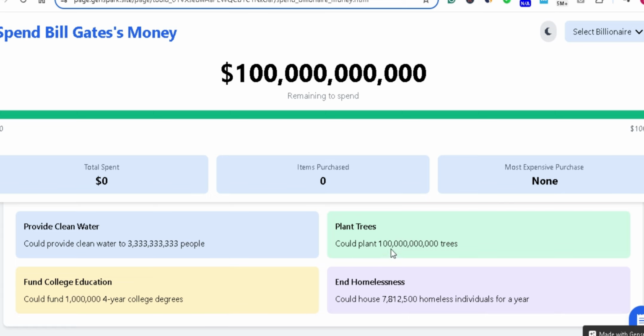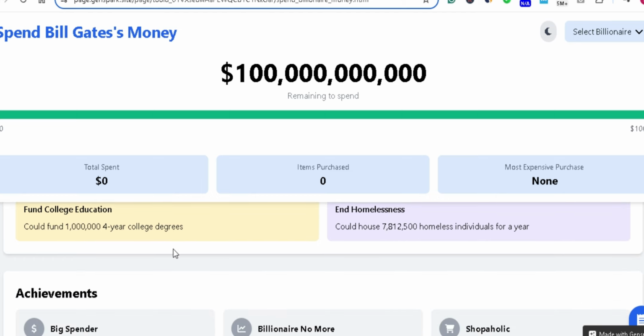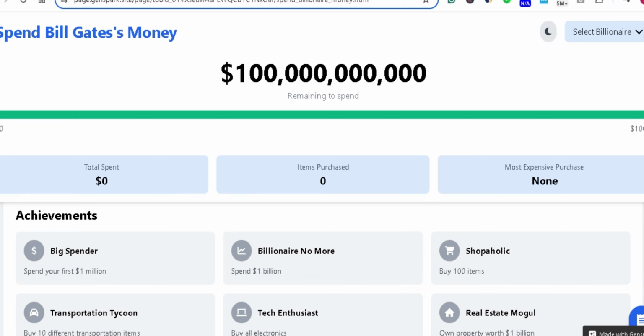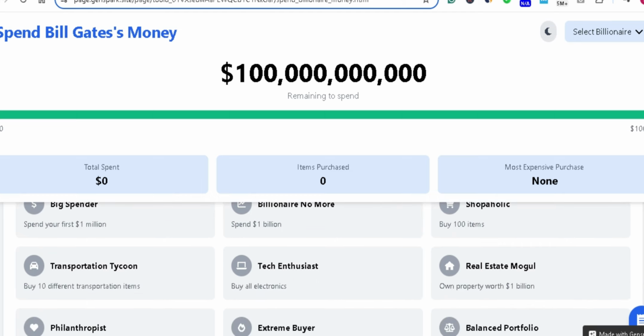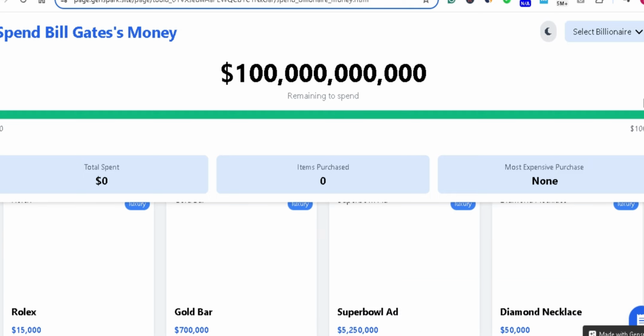We can end homelessness for this number of individuals for a year, and we can fund college education for this many people for a 4-year college degree. So I think it is more amazing, and the results are amazing, and they are not less than the results of a very expensive developer.